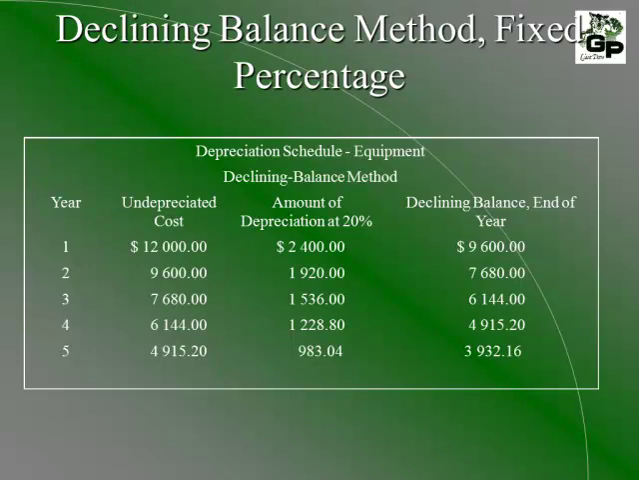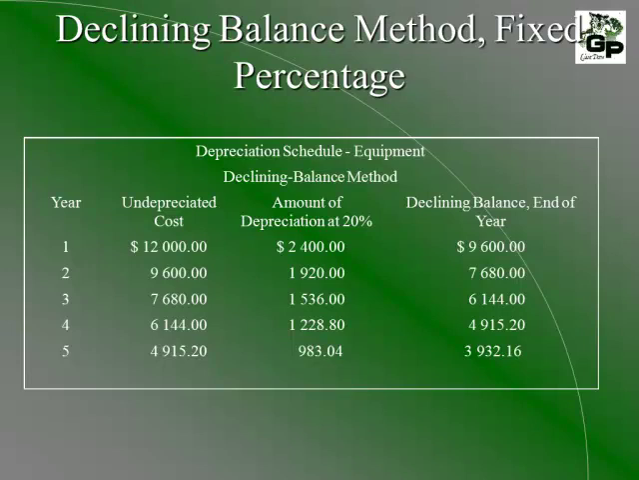The difference comes in year 2. We take the declining balance end of year amount from year 1, which was $9,600. This becomes the undepreciated cost left. This is $9,600. The amount of depreciation at 20% is 20% of $9,600. This is $1,920 for year 2. We subtract $1,920 from the undepreciated cost of $9,600, which leaves us a declining balance at the end of year 2 of